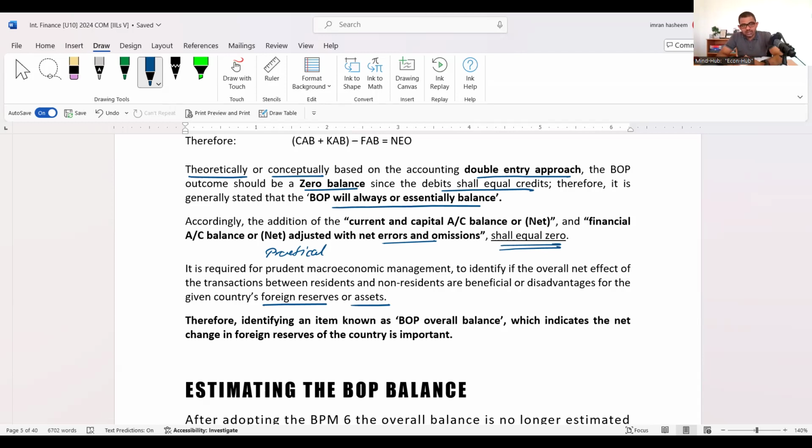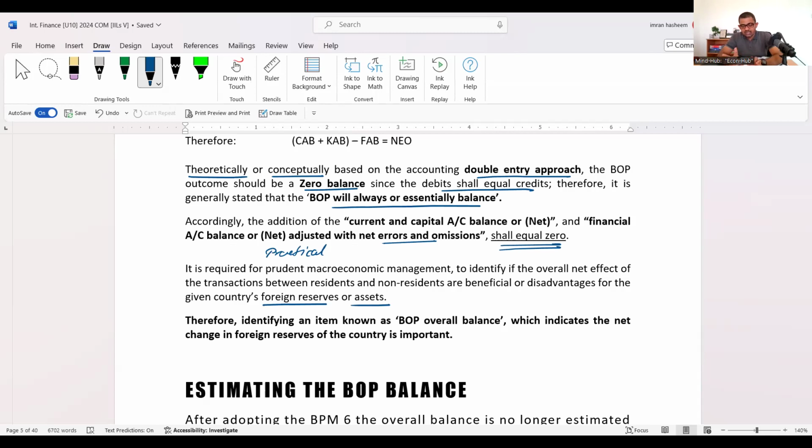So to cover this gap, we will need to come up with a way. So what we do is, in the financial account, the item called reserve assets, we use our foreign reserves or assets to bridge the gap, close the gap between the outflows being more and inflows being less foreign currency. Now, once we do that, and then adjust with the errors and omissions and all that,